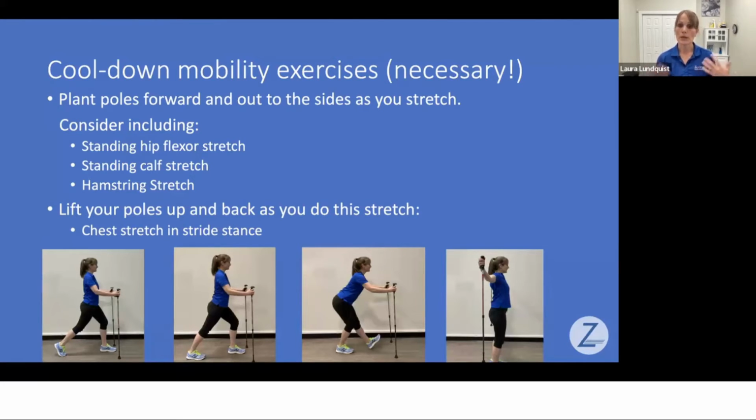So using the poles and having them accessible to people, again, when you finish your walk in the park, allows people to have something to hold on to stabilize their body while stretching, but not being reliant on, again, having a wall or a bench, or whatever close by. Here are a few examples of ways that you could use those poles.